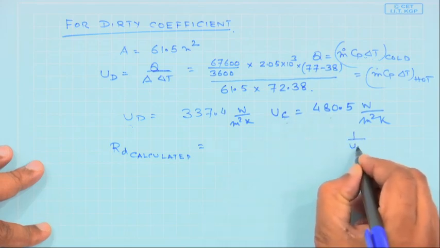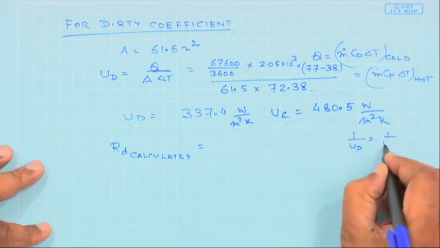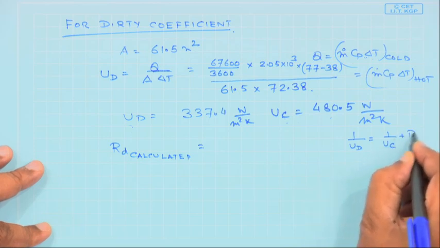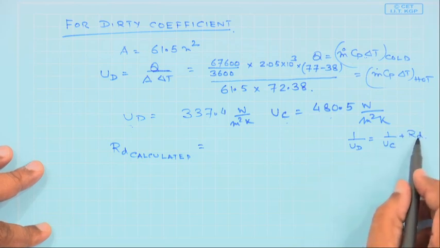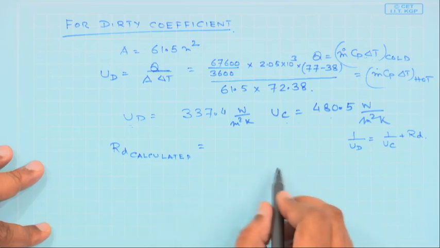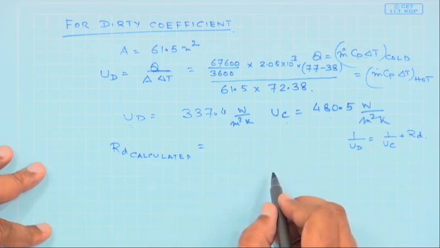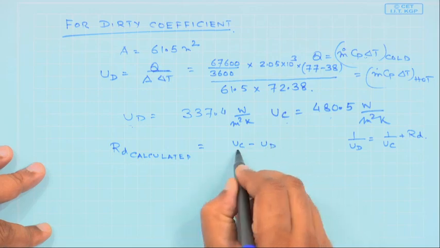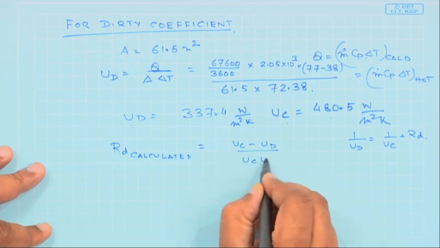That is, 1 by U dirty is going to be the resistance due to the clean condition plus Rd, which is the dirt factor. So, your Rd would simply be equal to Uc minus Ud divided by Uc Ud,